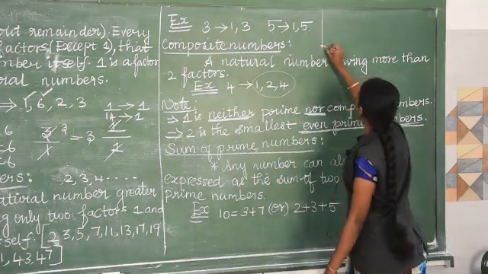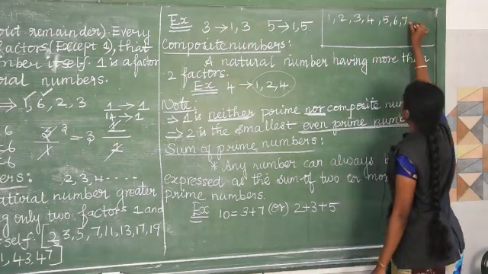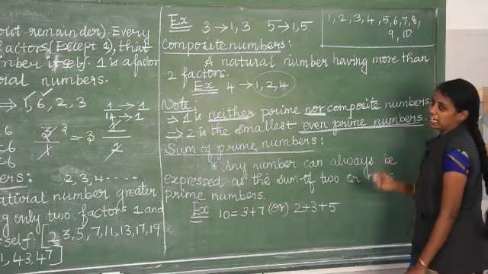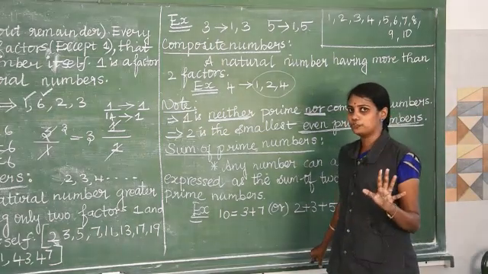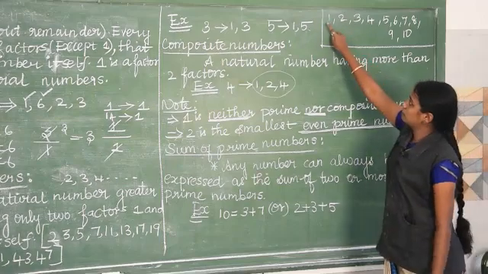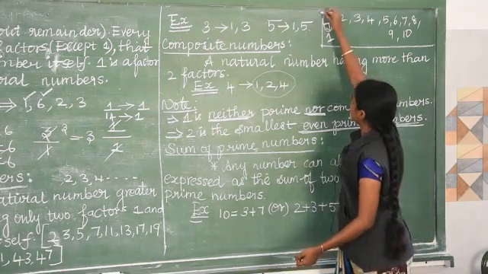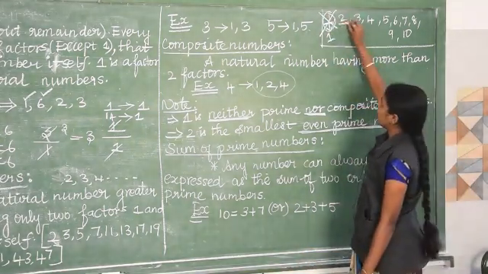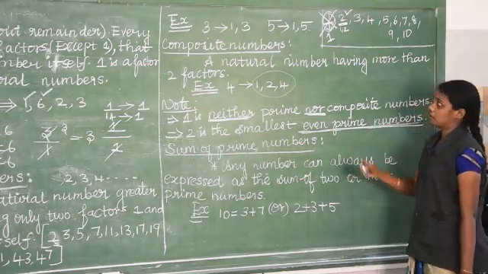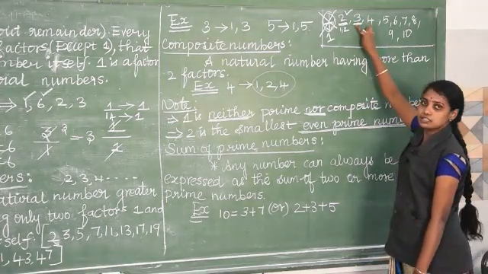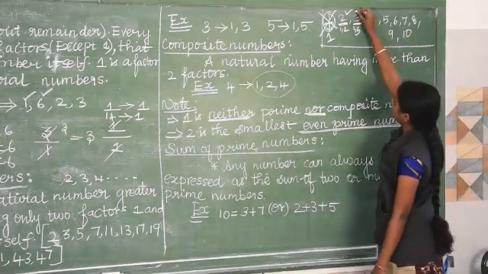For example, listen to me, I will write 1 to 10 for finding the prime numbers and composite numbers. Prime number means 2 factors, composite number means more than 2 factors. Let me find out one by one so we can recall it. 1 has how many factors? 1 factor. So it is neither prime nor composite. 2 has only 2 factors, 1 and 2, so it is a prime number. Then 3 has 2 factors. It will come in the one table and 3 table, so it is a prime number.